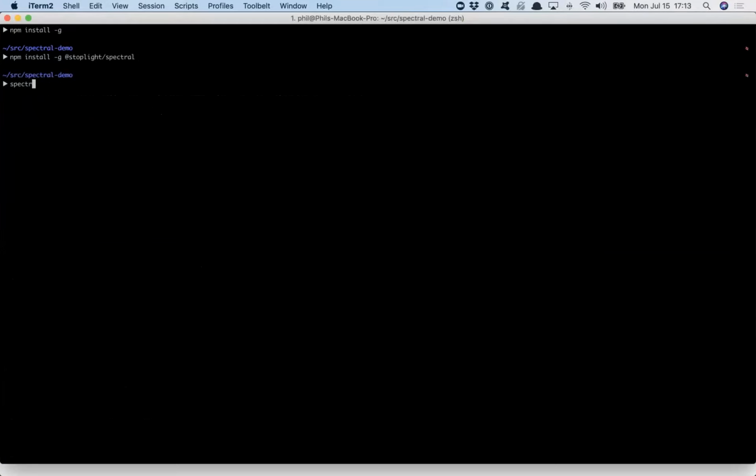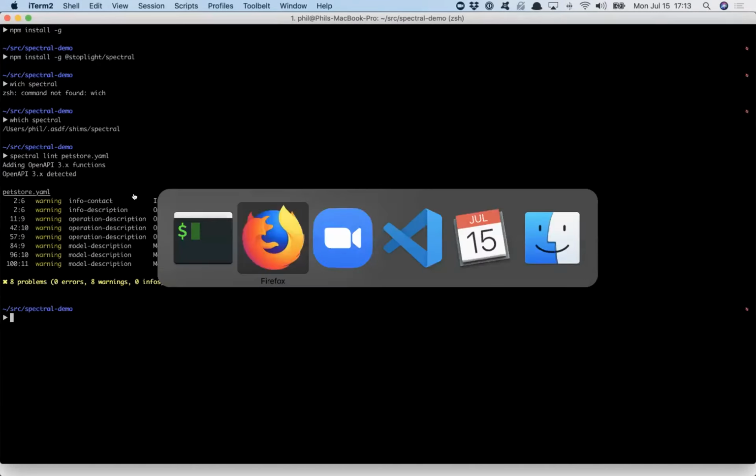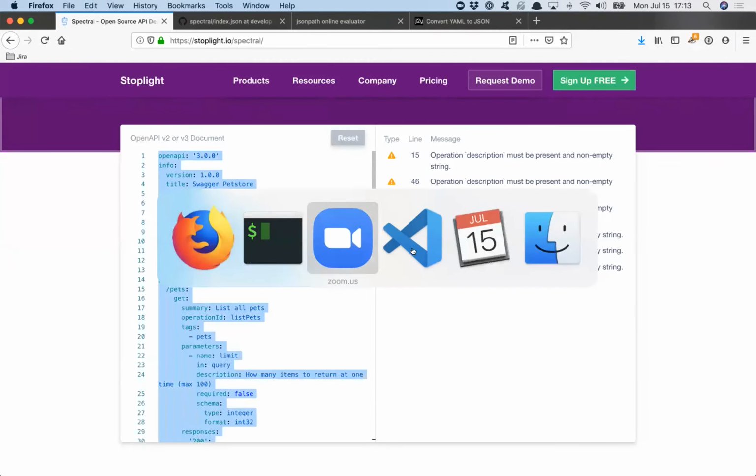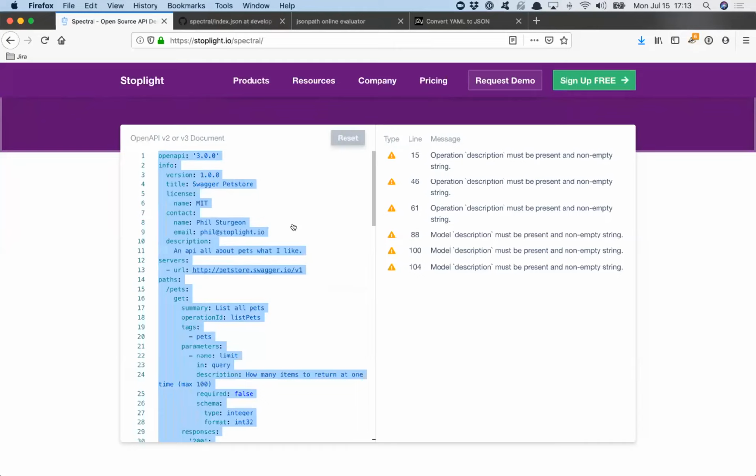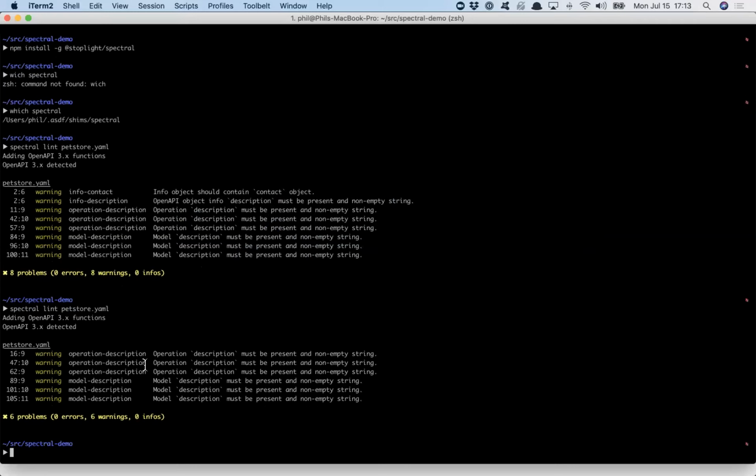And then make sure it's all shimmed up properly. So when you try and go to Spectral, then it's in here. I like ASDF, it's cool. So now we can just do spectral lint, and I've saved the pet store locally, right? And you might recognize this old pile of things. So if we update it, let's just take this one, get rid of some of those errors because we've already fixed the contact in the other one. So now we're down to these two. Now, I personally might not be particularly interested in writing descriptions for my operations.